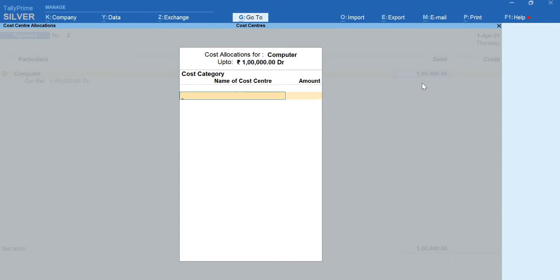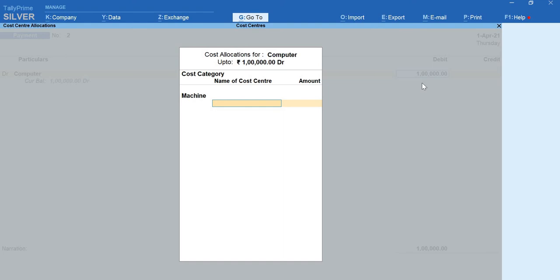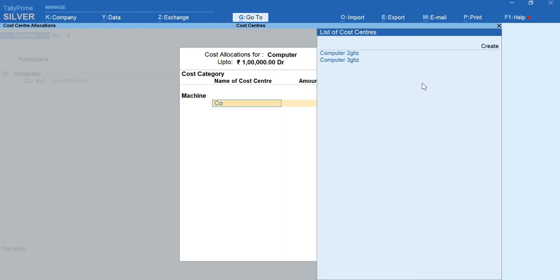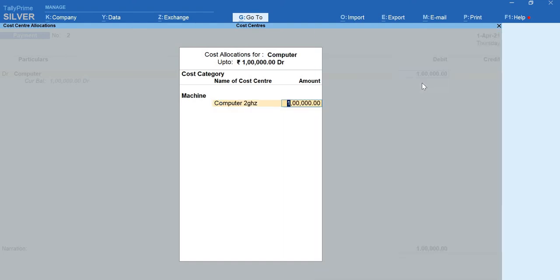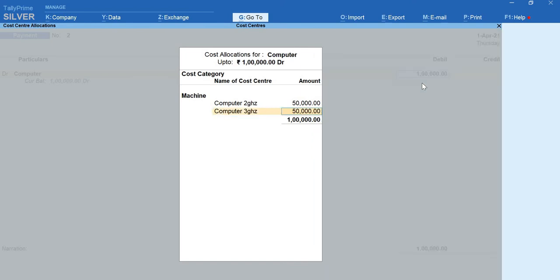Under this, I have divided the computers into the machine category. So select machine. Under the machine, the cost centers are computer 2 gigahertz, the value for this is 50,000, then computer 3 gigahertz, again for the value 50,000. In total, it will sum to 1 lakh rupees.